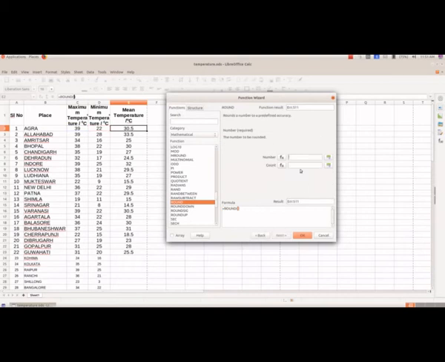If we want to get the window for round, you have to click Next, and here we have to select the number. We want this number, and we got the cell address here, and here the value, how many decimal places it has to be rounded to. So here I am giving the value as 0. I don't need the decimal place, so I am giving it as 0.